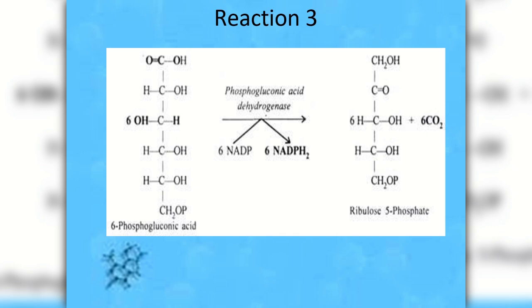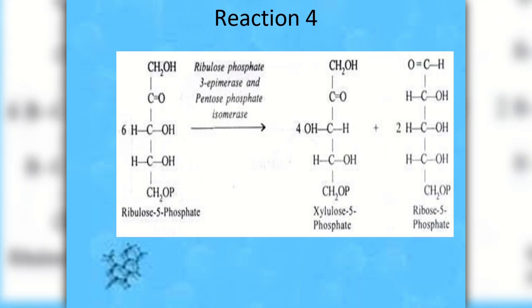Reaction 3. 6-phosphogluconic acid is oxidatively decarboxylated by the enzyme 6-phosphogluconic acid dehydrogenase. Here, 6 molecules of NADP are reduced, 6 molecules of carbon dioxide are released, and 6 molecules of ribulose 5-phosphate are produced. Reaction 4. 6 molecules of ribulose 5-phosphate isomerize into 4 molecules of xylulose 5-phosphate and 2 molecules of